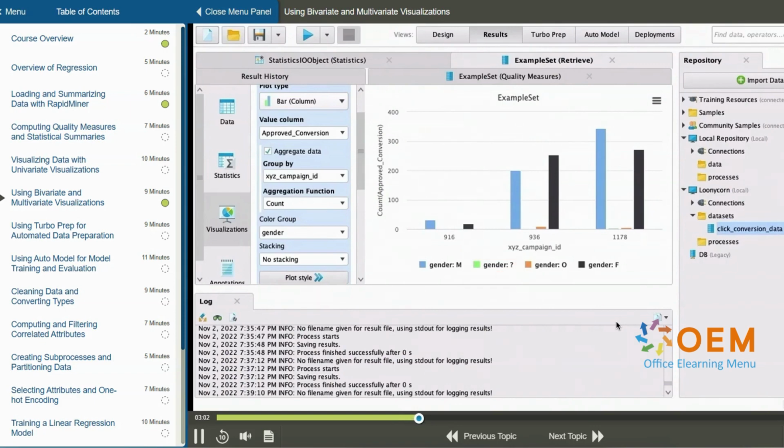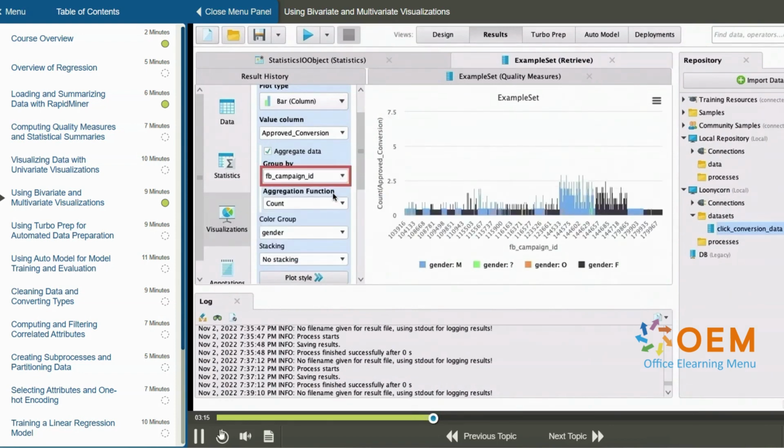I'm going to tweak this chart a little bit to view another bivariate graph that will allow me to see the relationship between XYZ campaign ID and Facebook campaign ID. The first change I'm going to make is to the group by column. So I'm going to group by